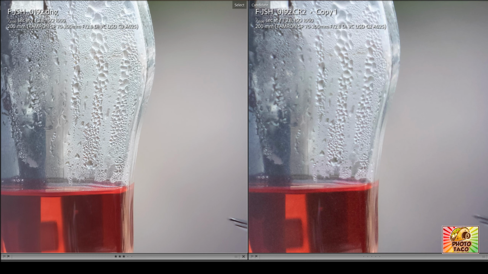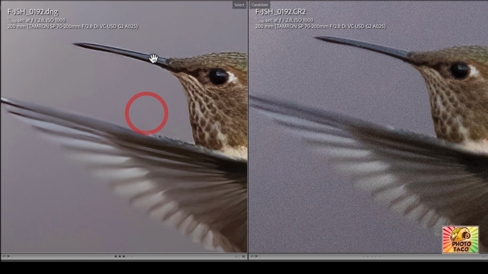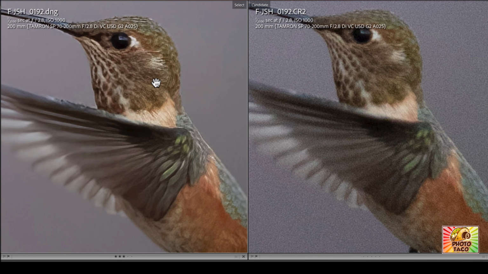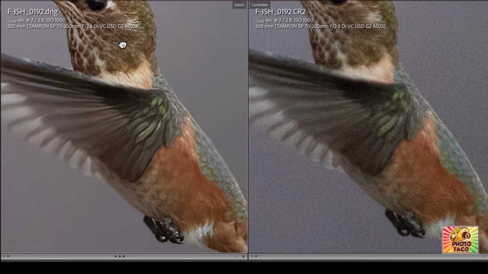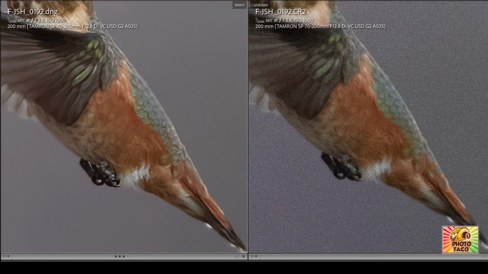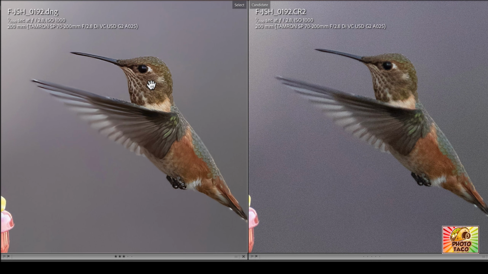Okay, let's go to comparison now between the raw file, and on the left is Photo AI. And I think we have some haloing around the beak, just a little bit, but it has better detail, even than the raw file. But it really looks to me like over sharpening again here on the head. Now we're in at 200%. So what does it look like at 100? It looks over sharpened to me. The head looks over sharpened,